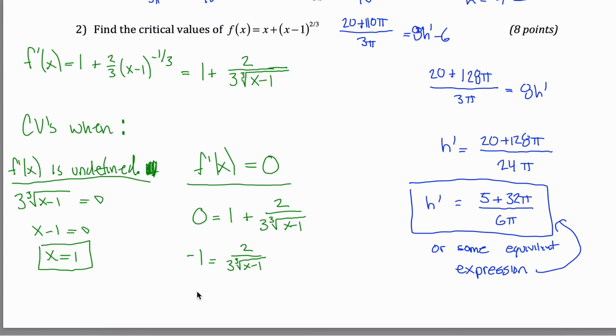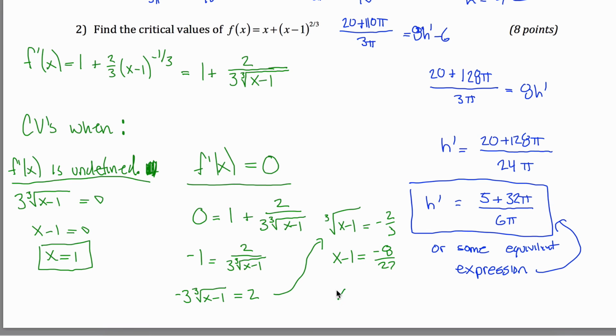So I can multiply this stuff up top and get negative 3 times the cubed root of x minus 1 equals 2. So now if I divide both sides by negative 3, I get the cubed root of x minus 1 equals negative 2/3. So I cube both sides of the equation. I get x minus 1 equals negative